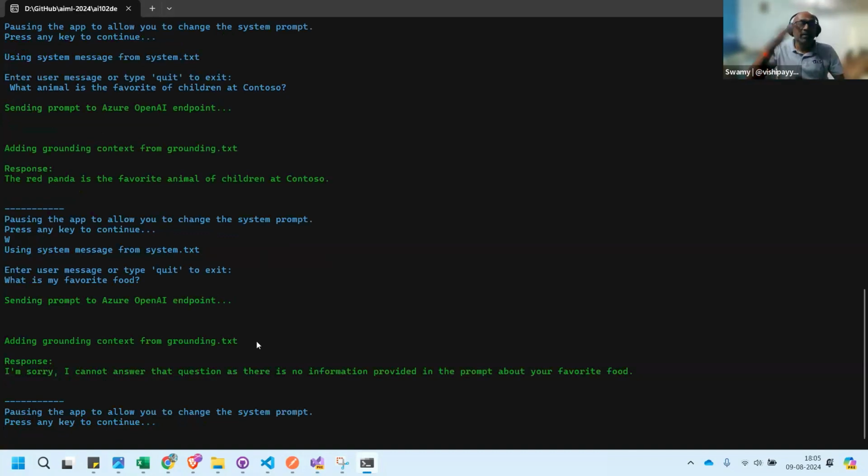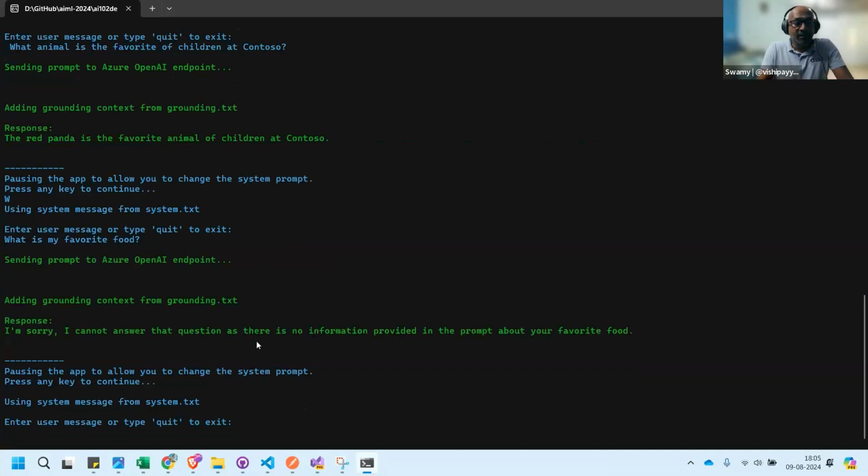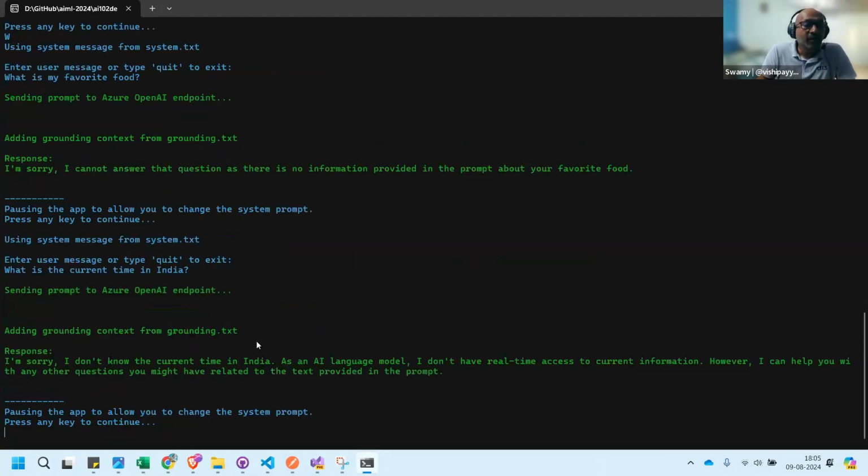So in this kind of scenario, we can give some grounding information. What happened is it could be reading from a text file, our database or external systems. Like if you see this, what is the current time in India? It says that I don't know.